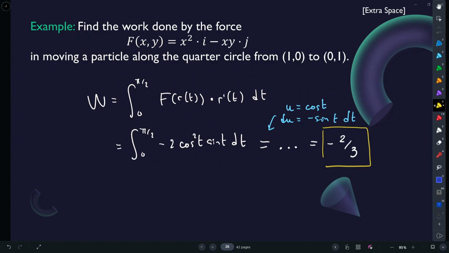The positive means that the force is giving you some, for example, kinetic energy from whatever is causing the force to the object. A negative is that you are actually transferring kinetic energy from the object to the force field, right? So in this case, if it was a planet and an object, if it is negative, that's bad for you because you are actually transferring kinetic energy to the planet. So you're fighting the gravity of the planet. If you think about integrating gravity,